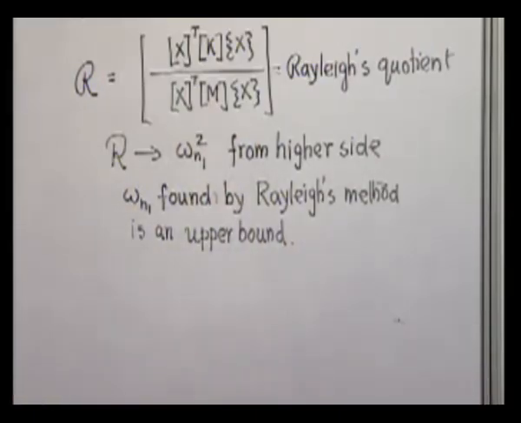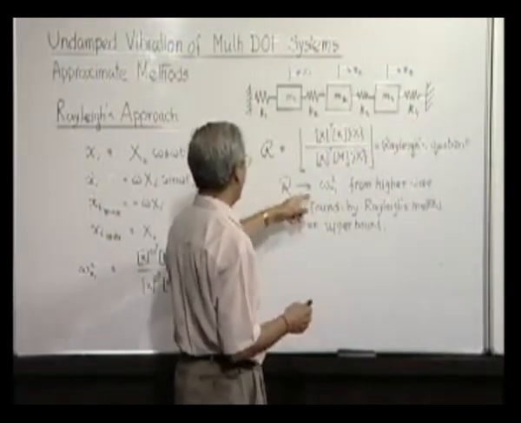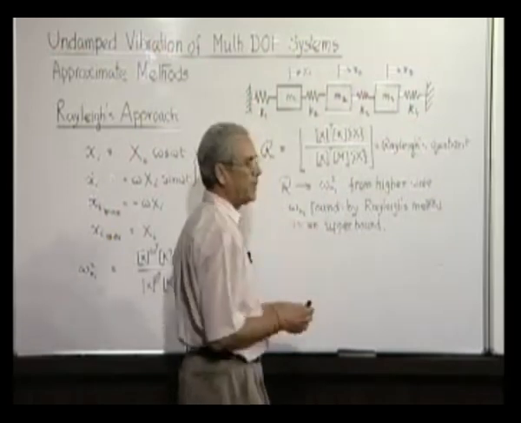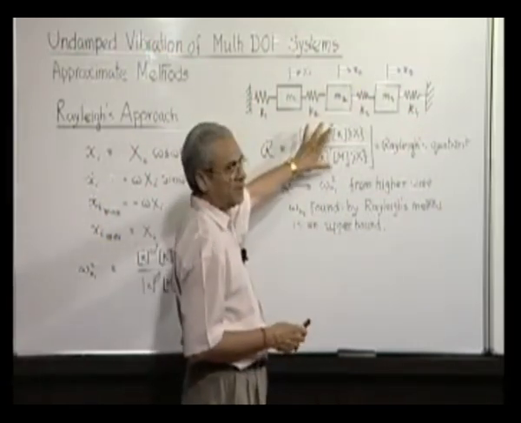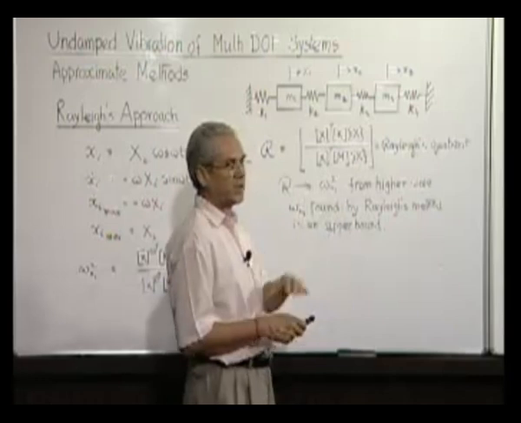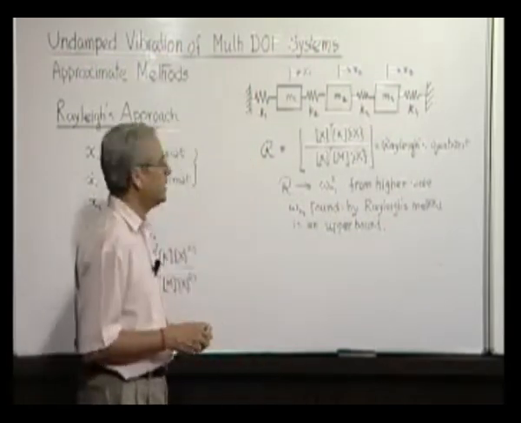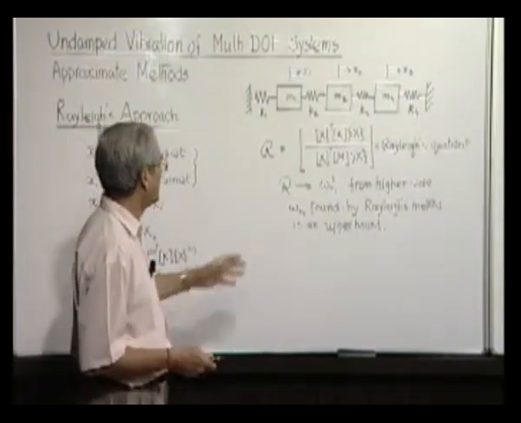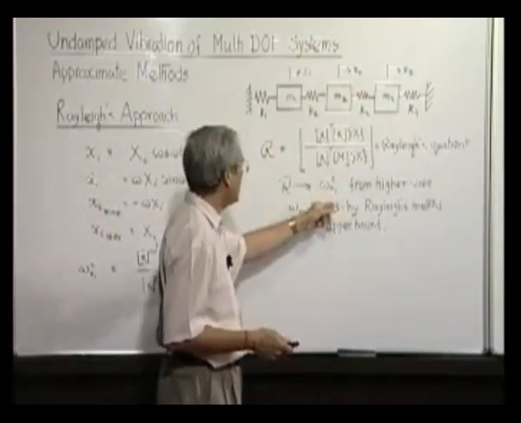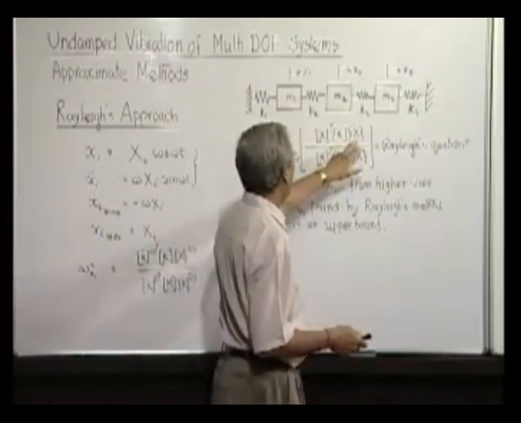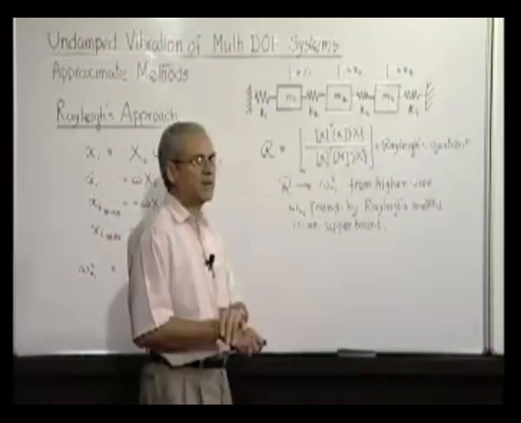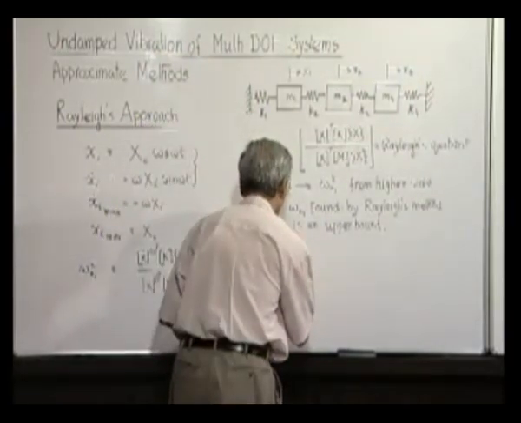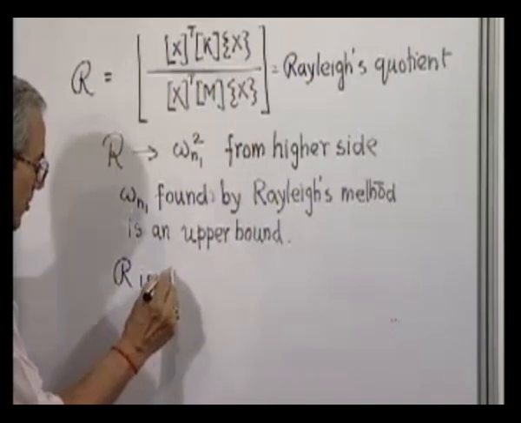There is another very important point to be noted here, that the value of Rayleigh's quotient, as it is nearer to omega n1, is somewhat insensitive to the choice of X. That means even if the choice of X is somewhat different or quite different from the first mode, the value of this quotient will be somewhat nearer to this. That means a large error in X will not be reflected as a large error in this natural frequency. So therefore, R is also